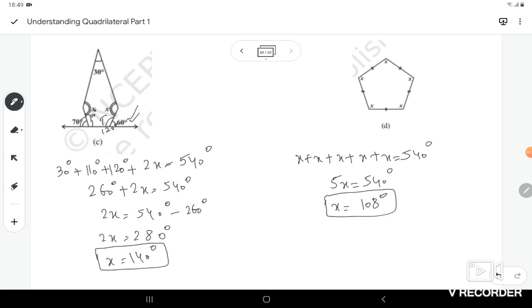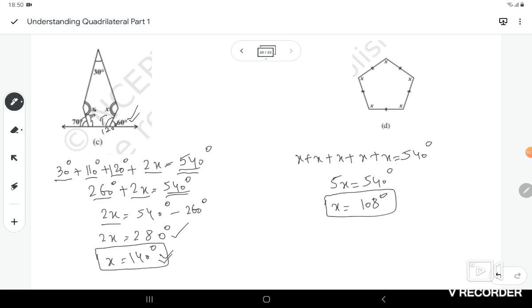So here the sum of the interior angles of a pentagon would be equal to 540 degrees. Using that property, we get 30 degrees plus 110 degrees plus 120 degrees plus x plus x, that is 2x, is equal to 540 degrees. 260 degrees plus 2x is equal to 540 degrees, and 2x comes out to be equal to 280 degrees, and x comes out to be equal to